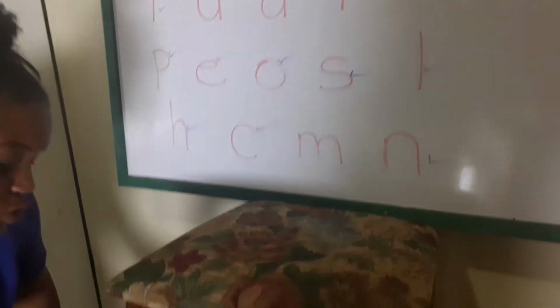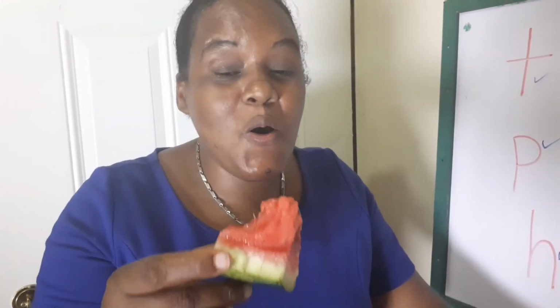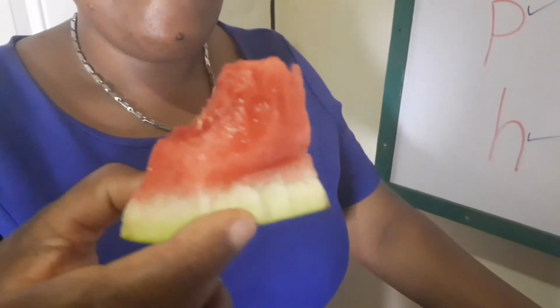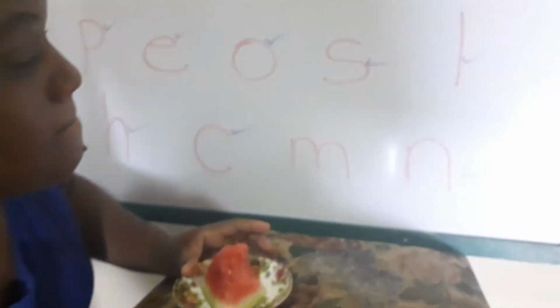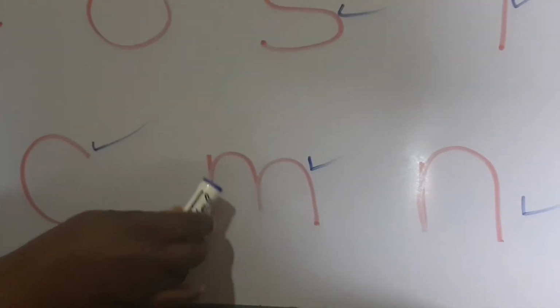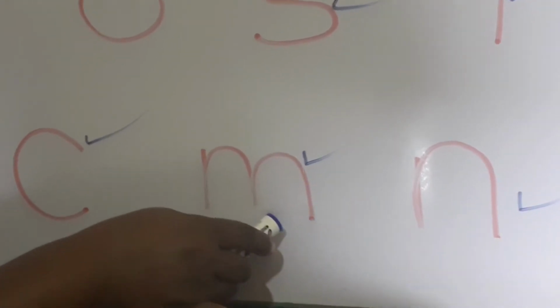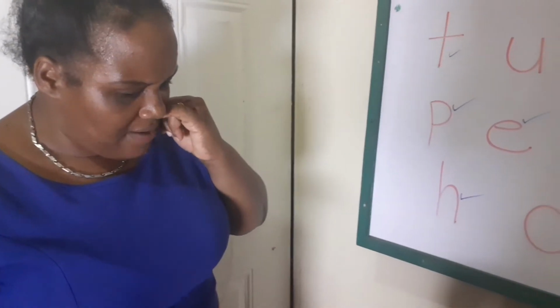N says N. Look what else. This is looking so juicy. And guess what? Little Minnie Mouse says, I can take a bite. And this tastes so sweet. And the color of it is red. Can you tell me what it is? It is a melon. And melon begins with the sound. M says This is letter M. Down, over and down, over and down. This is letter M. M says